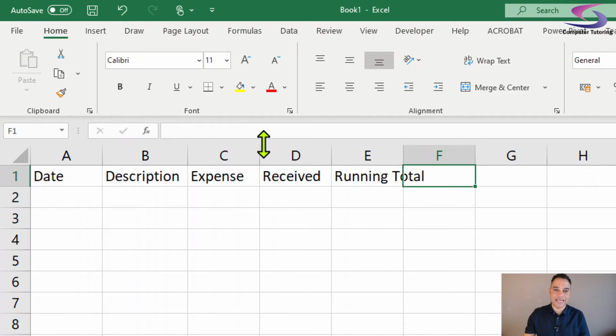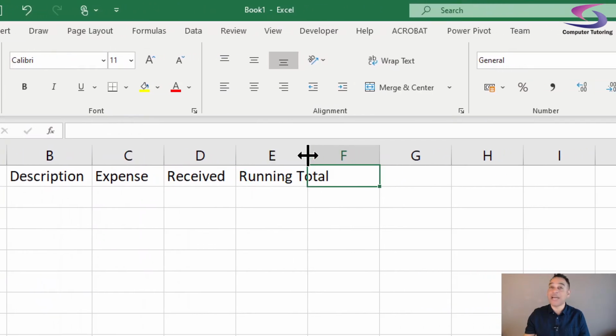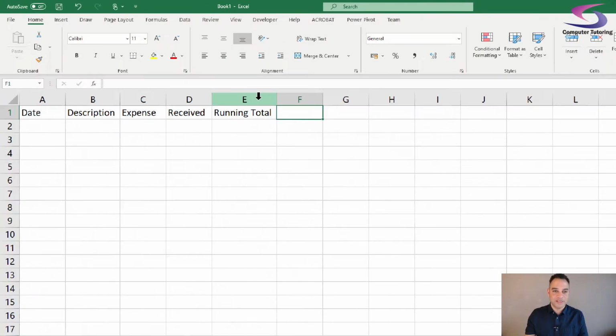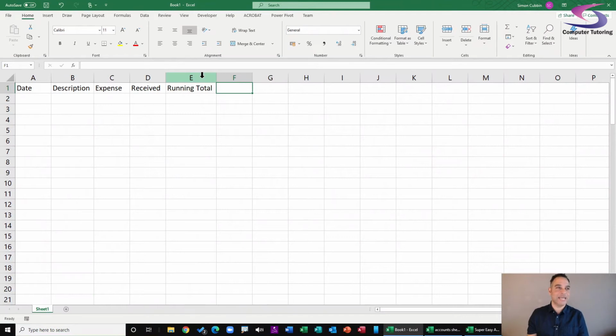So instead of dragging this time, I'm just going to take the mouse and double click with the mouse, two clicks. Okay, and then it'll automatically adjust the width of the column. Starting to look good, excellent. So let's type in some